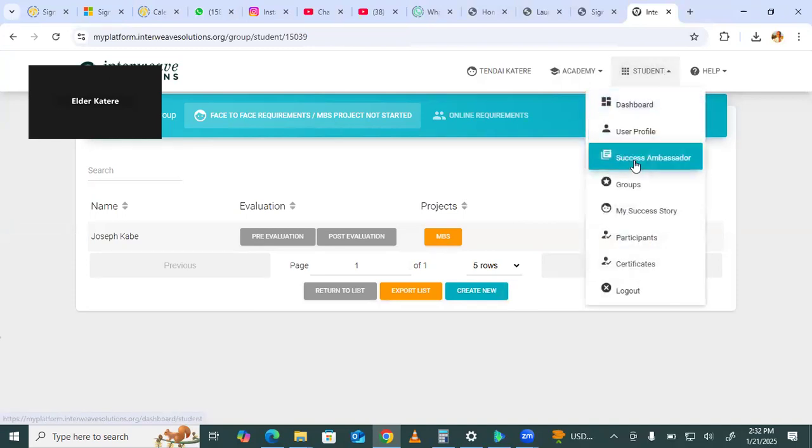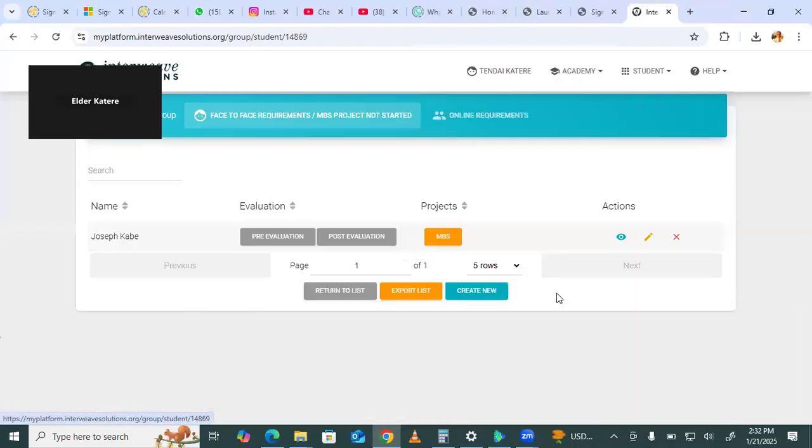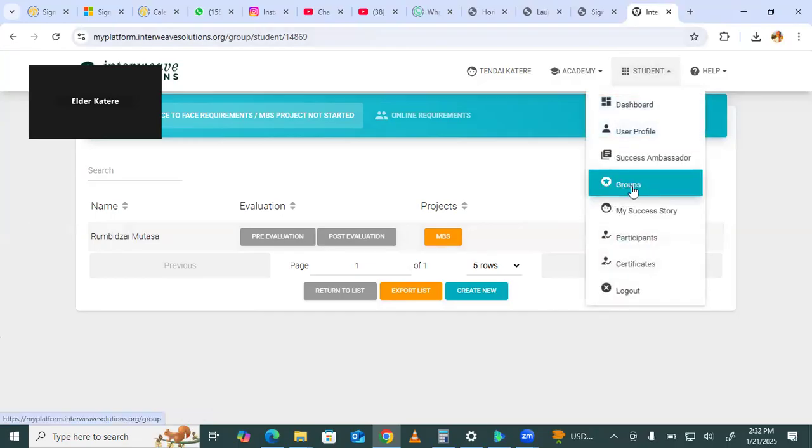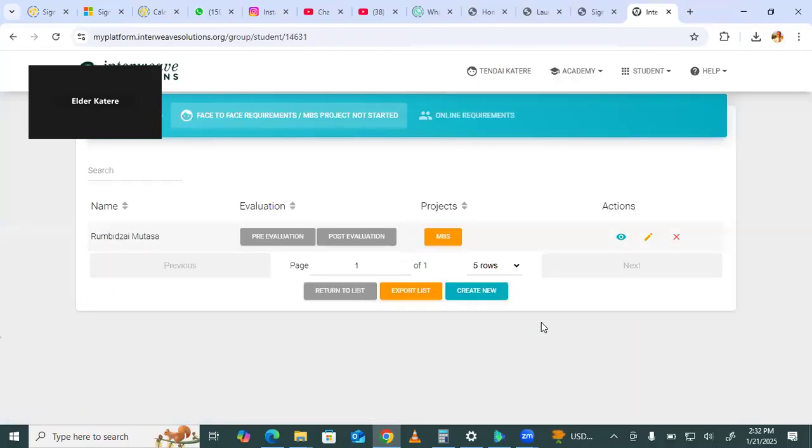But I want you to see something that I was trying to explain. I'll show you an example with this. Let me just go to manage the Tendai's group. Okay, that's not what I want. Let me check another group that I've not already. Okay, so if you look at this, this is another group that I created some time back, but this